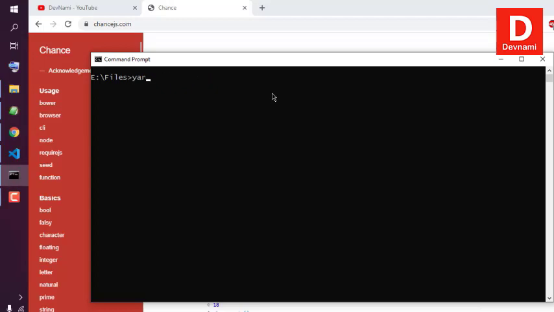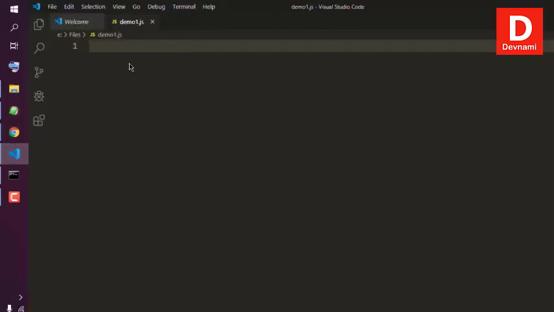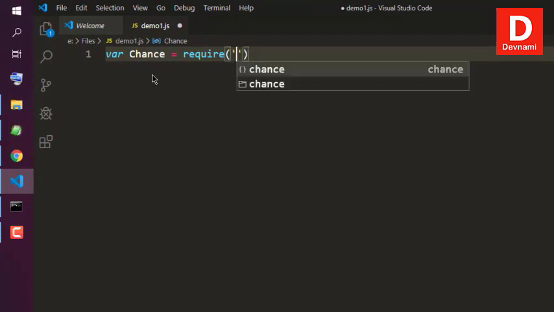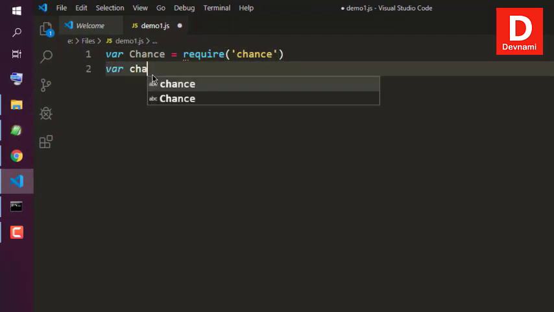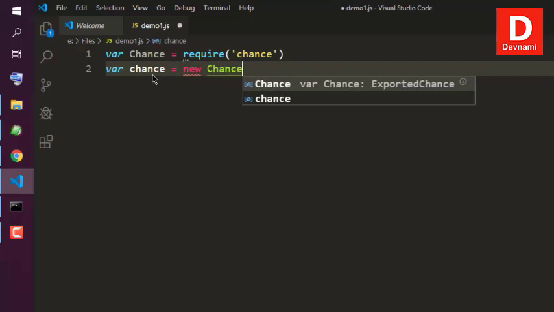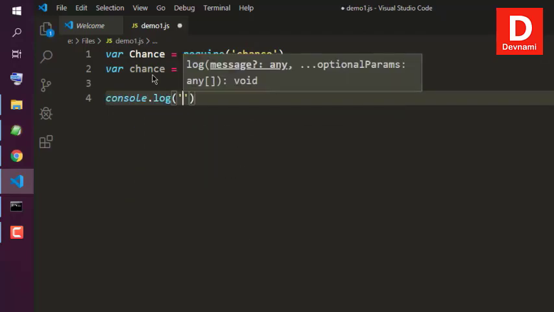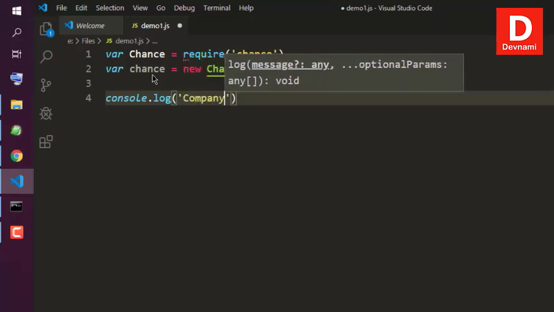Okay, either way, once chance is installed, you can open text editor and create a file such as demo.js or sample.js, etc. Now here first we will include chance by using require chance, then create our instance of Chance,